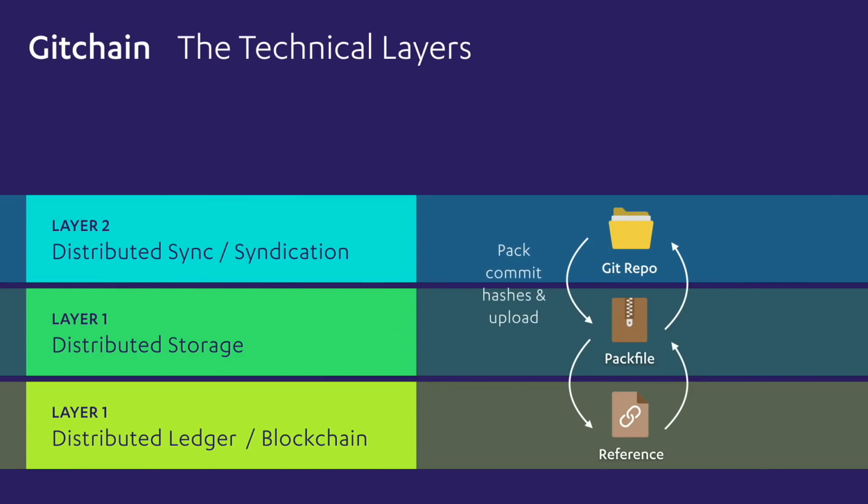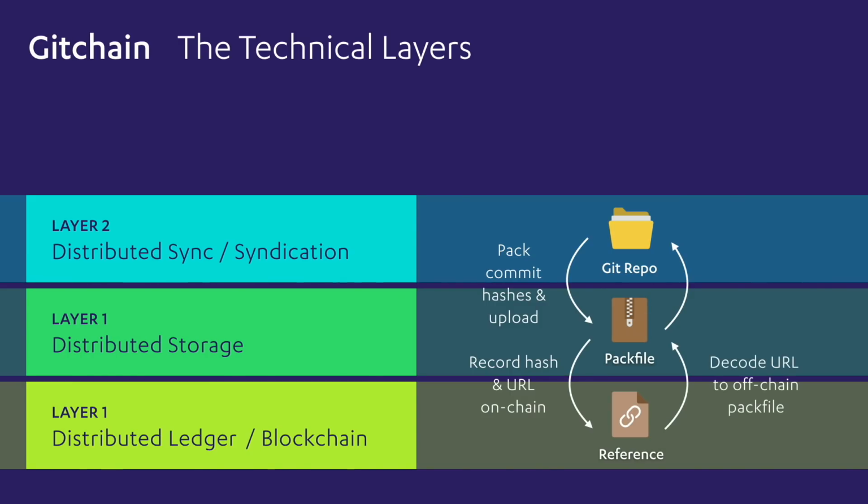When you write a bunch of files, you want to pack the things together and connect the versions via hashes, as the Wikipedia article suggests, and then you upload the pack file into distributed storage. And once you know where it's going to be, you record the hash and the URL to that pack file on chain using a distributed ledger.